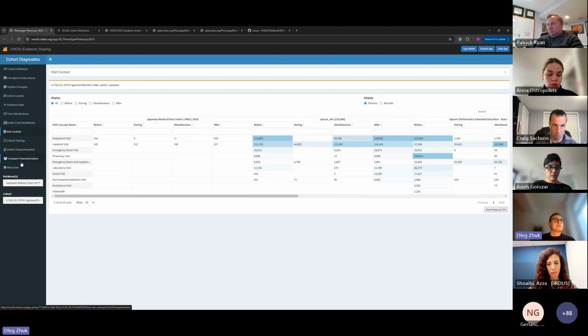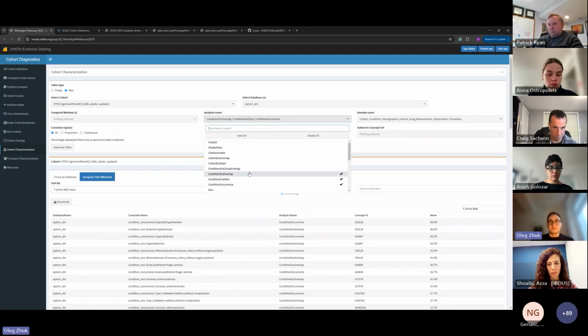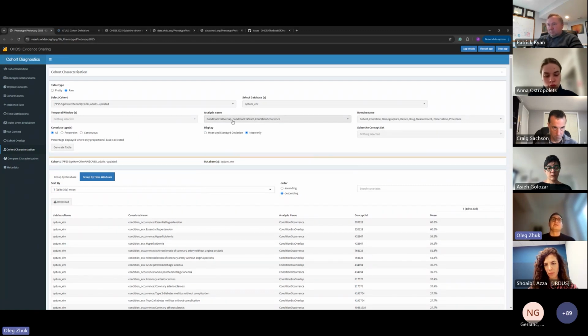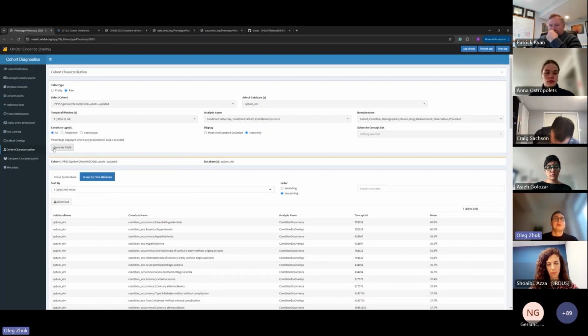And finally, let's check the cohort characterization. So let's select only one database, OptumEHR, and only one cohort here, CABG. And here we can select different analyses. Now it's specified for conditions. With the help of cohort characterization, we will be able to see what conditions our patients had during different time windows. So let's pick one from minus 365 days to day 0, so the day of surgery, and generate this